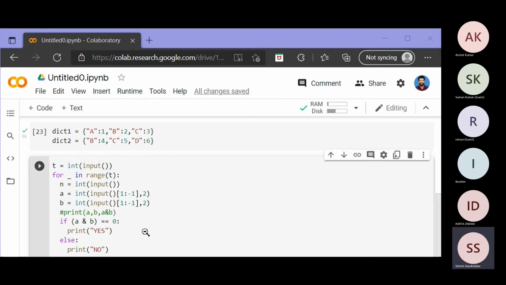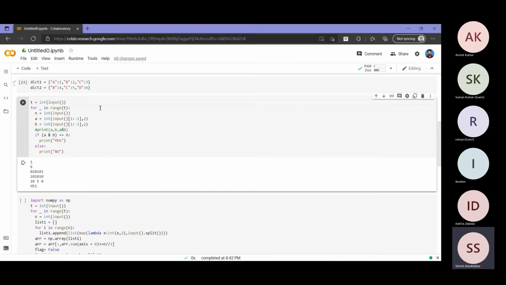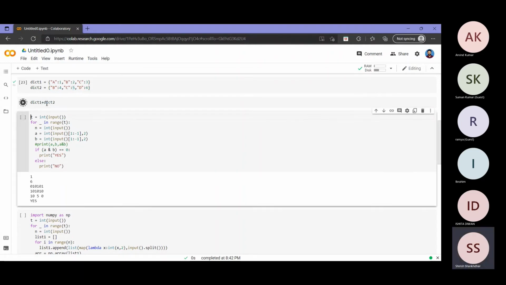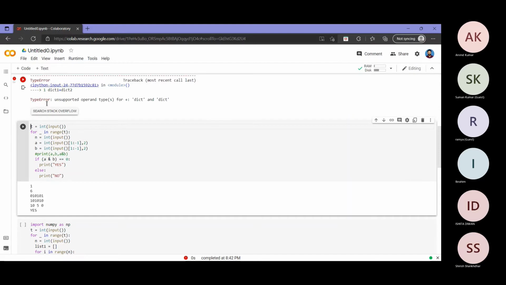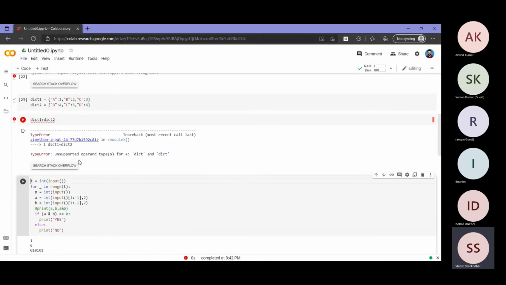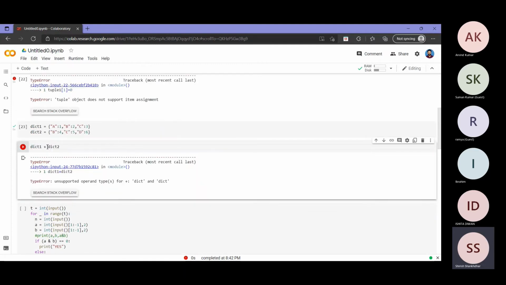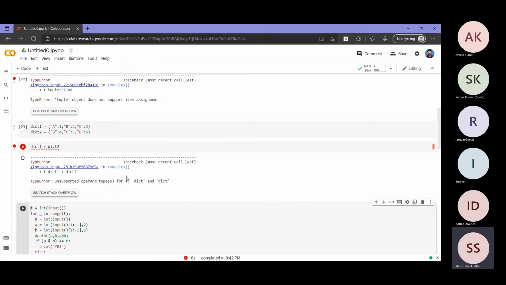So basically you are supposed to add the keys in that. So what will happen if I do dict1 plus dict2? Then it will tell me unsupported operand types for plus: dict and dict, because a plus operator is not defined for a dictionary.